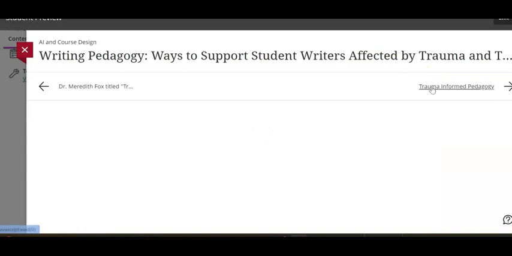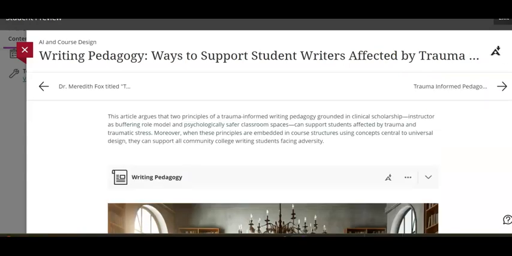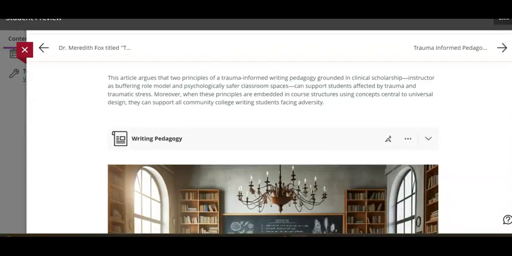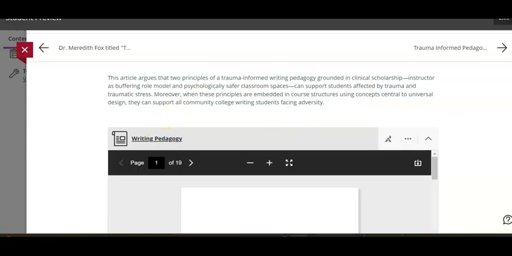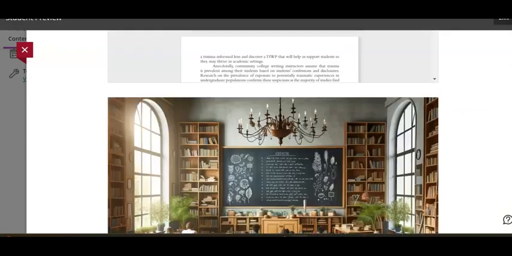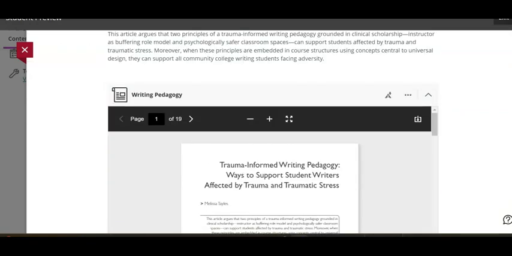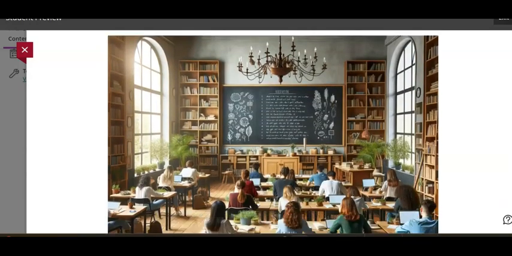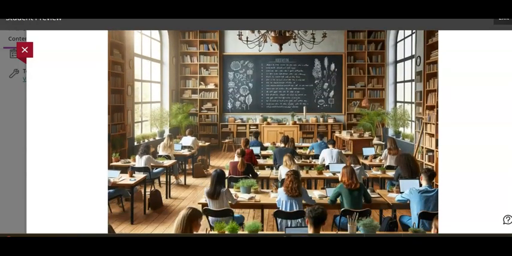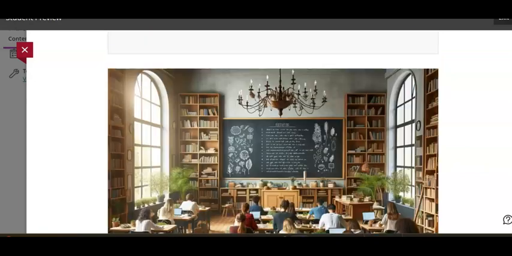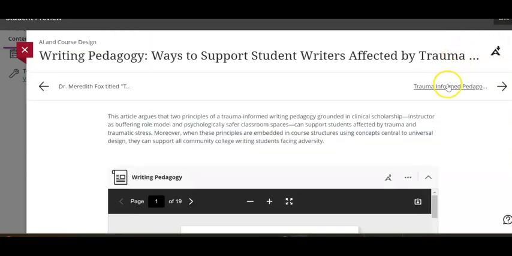So I took that article, and it is now my reading for this unit. I describe what the article is. The students can click on it and get the PDF if they want to, right? Or they can use the link. I also used ChatGPT, or DALL-E in this case, to create this little image. Next